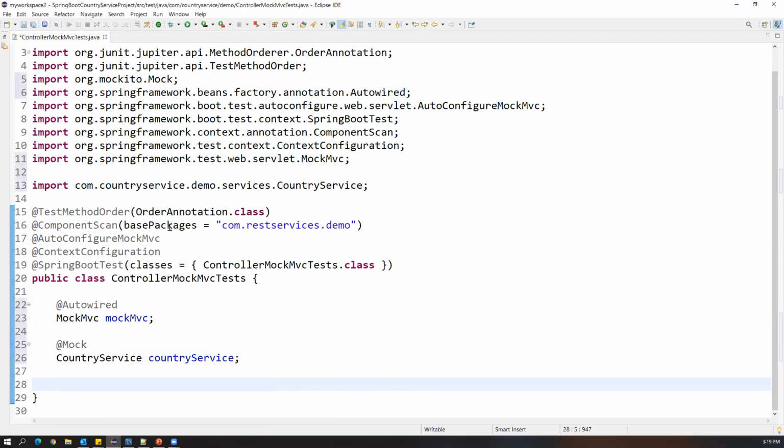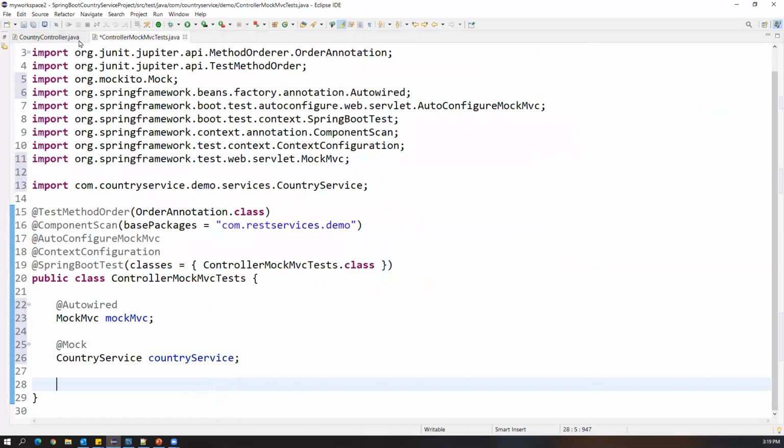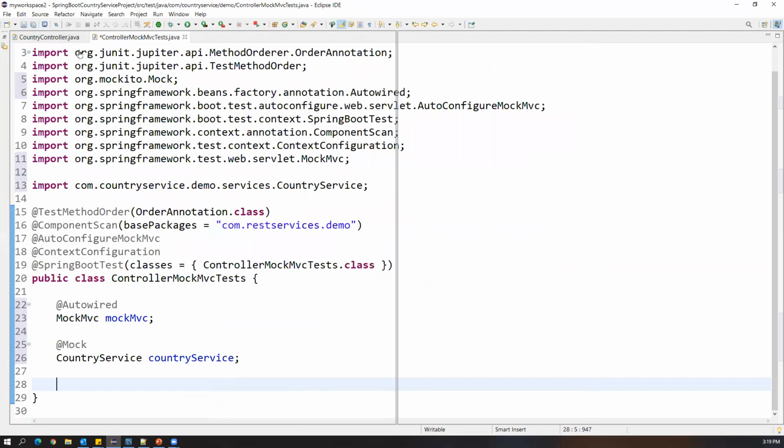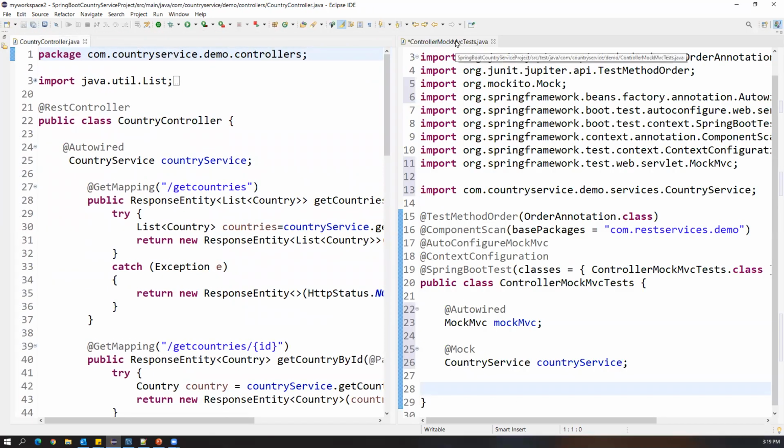From the controller class, we are going to call all the controller methods internally, so we need to inject the mock. If I go back to the controller, this is our CountryController.